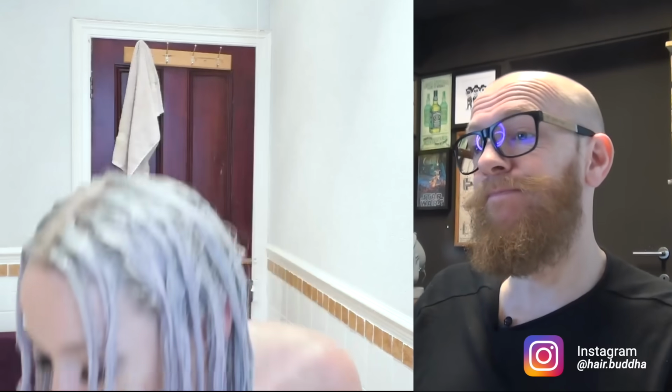So I'm really unsure of what the colour actually is right now. I mean, in my mirror it looks a little bit purpley, but when I'm looking at the little camera screen, it looks more blue. Yeah, we'll see. I'm gonna leave this on for